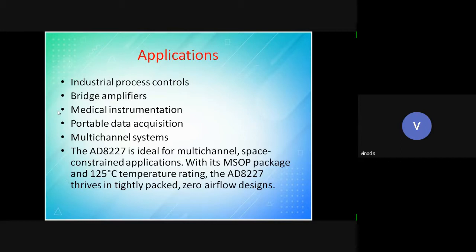Okay, application: it is used in industrial process control. Then comes bridge amplifier. Then in medical instruments, you all know, like ECG, X-ray, in all these places you will sense the signal via a sensor, and that will be given to your device for taking action. Assume now in corona you might be familiar with non-contact temperature measurement, and then they connect an oxygen level meter and try to read. So all that has to be sensed, and the sensed signal will be very weak. That sensed signal has to be amplified. That is done with AD8227.